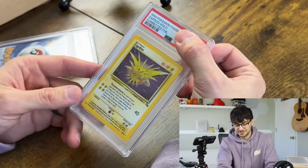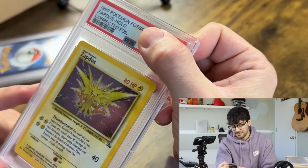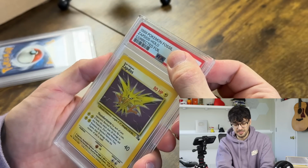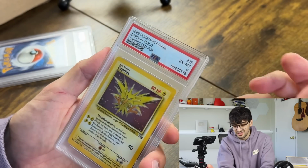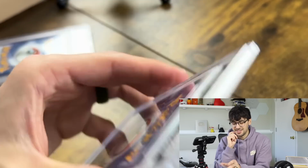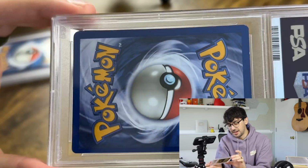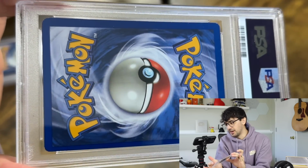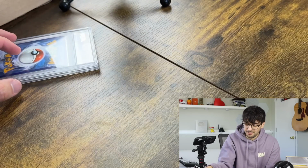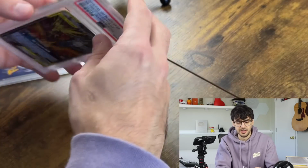Okay, here's a cool one. Let's see. Fossil, Zapdos. Okay. Condition looks actually okay. Maybe a 7? Oh, a 6. Wow. What do you guys see wrong with this one? I guess there is definitely whitening on the corners. Doesn't look terrible, though. I've had a couple PSA 6s that look a lot worse than that card,